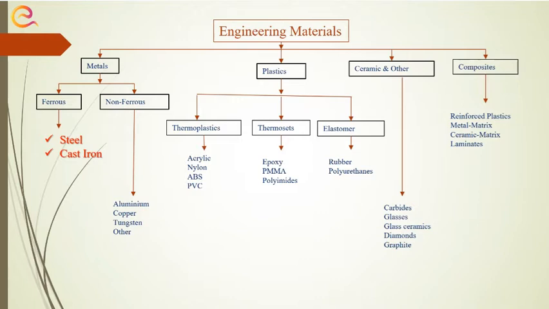In our previous session, we have seen this classification. Engineering materials are basically divided into two types, metals and non-metals. Plastics, ceramics, composites come under non-metals. Metals are classified into two types, ferrous metals and non-ferrous metals. In ferrous metals, iron acts as the major component, and in non-ferrous metals, iron does not play the role of major component. Then ferrous metals are further classified into steels and cast irons, which we are going to study today.